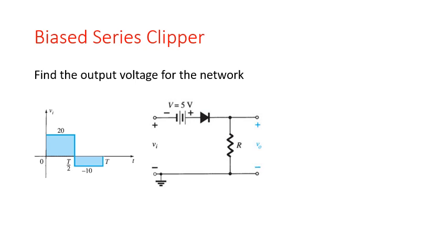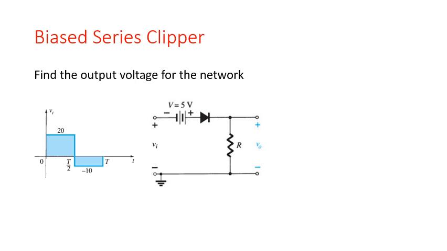Instead of taking a standard square wave, triangular wave, or sine wave, since that is not the kind of waveform that you are generally going to get, what I've taken over here is a slightly different type of square waveform. Positive side it has 20 volts and negative side it's got -10. So what is going to happen in this case? At this point, just to check whether you understood clippers, pause the video, take a notebook, try and solve this by yourself, draw the final waveform as to what it looks like, and then come back to the video and check if you actually understood what we're doing.